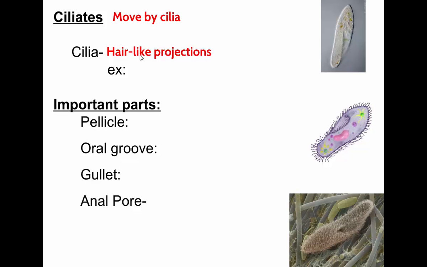A little bit hard to see them in this microscope image, but you can see them in this electron microscope. Kind of looks like this hairy thing. All those little hairs, those are the cilia. And those hairs move together and they sort of paddle it around. They're like tiny little oars paddling this paramecium around.